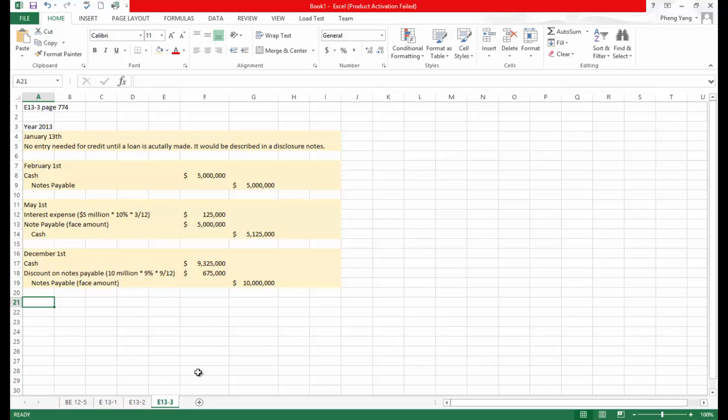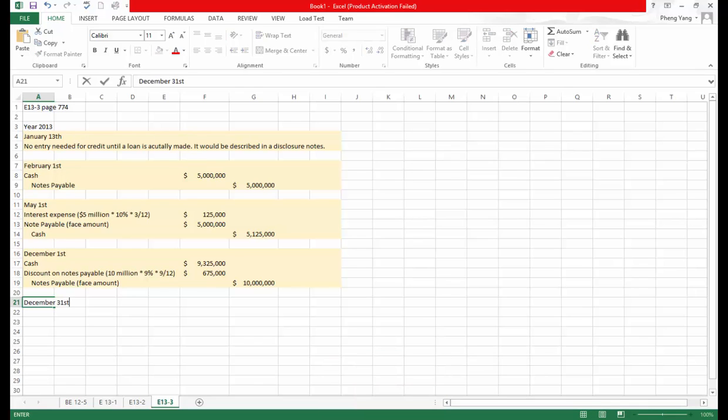All right, and then as of December 31st, we have to record any necessary adjusting entries. Okay, so there's only one entry, which is to accrue interest on the note here, and it's only for 1 month because we borrowed it on December 1st, and it is now December 31st. We technically had accrued interest expense, so we're going to go ahead and